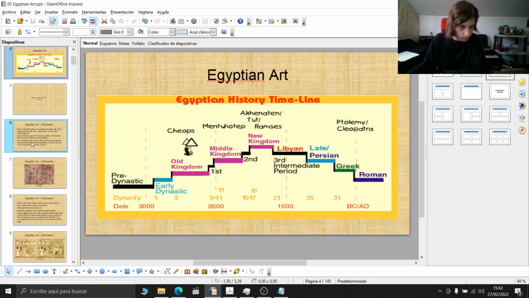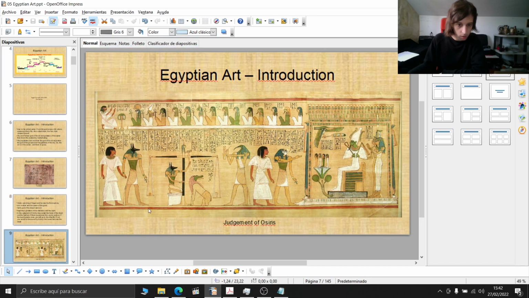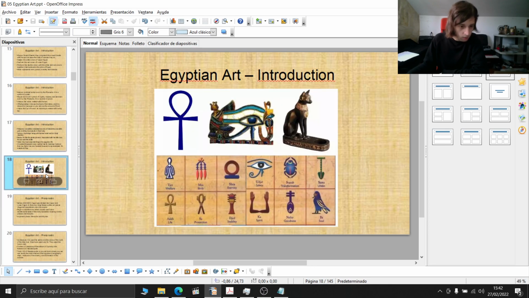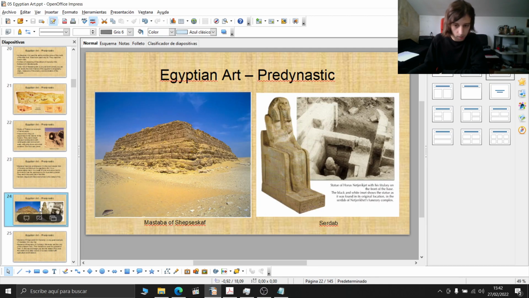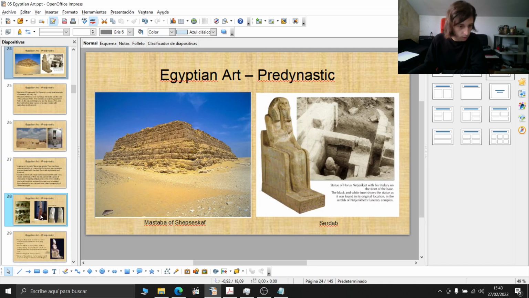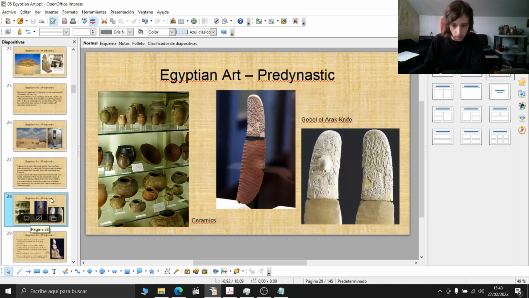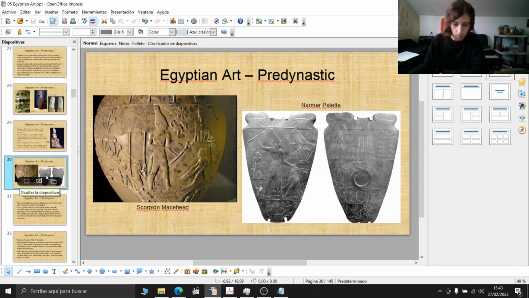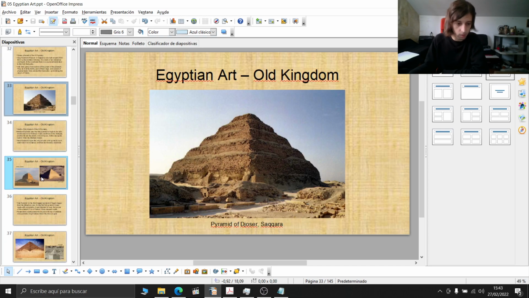Egypt, the different periods, Shu separates Geb and Nut, the judgment of Osiris, Egyptian gods, Egyptian symbols, pre-dynastic, Tomb 100 of Hierakonpolis, Warehouse of Thebes, Mastaba of Sepses and the Serdab, with the statue of the Ka, Mastaba of Mereruka, ceramics, Gebel El Arak knives, statue of Khasekhem, Scorpion Macehead, Narmer Palette, and then starting Old Kingdom, Pyramid of Djoser,